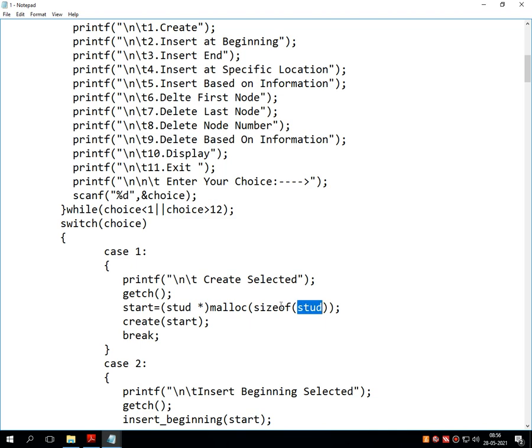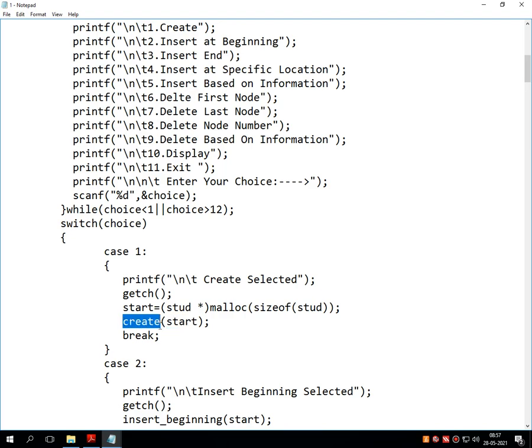So what happens, for roll number and name, whatever space is required inside the memory is going to be calculated over here, and based on that it creates a simple blank node and assigns it as start, because whenever I select create, the first node becomes the starting node. So that starting node should be passed into the UDF called create.